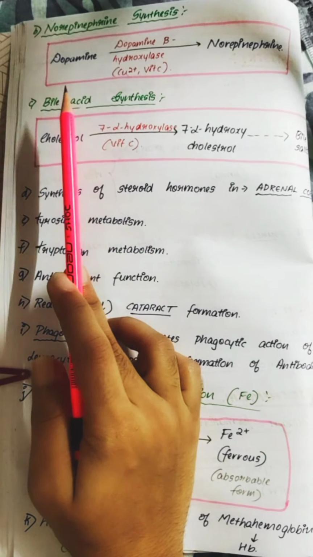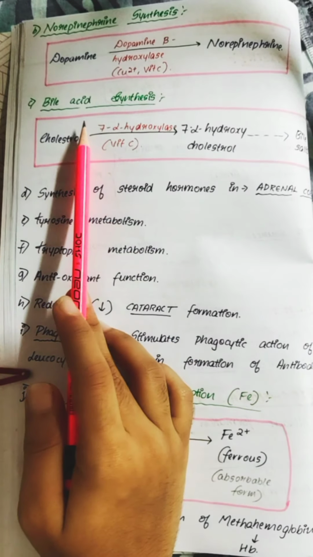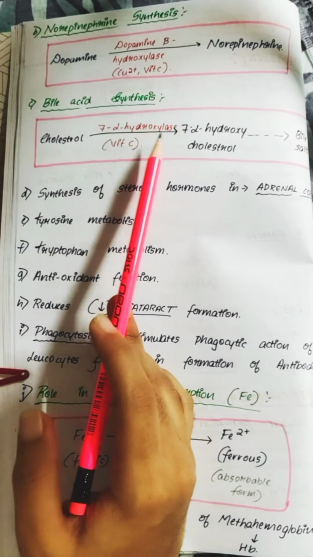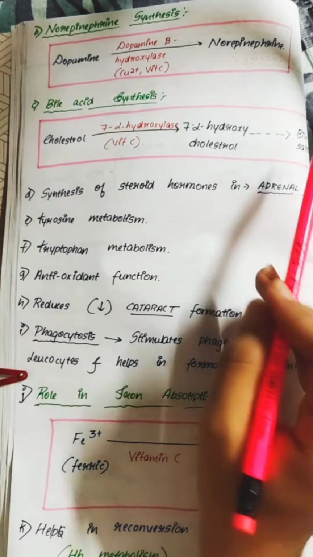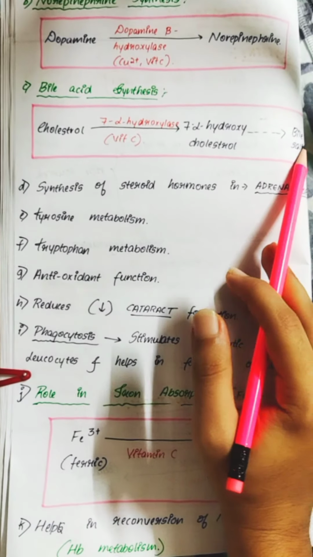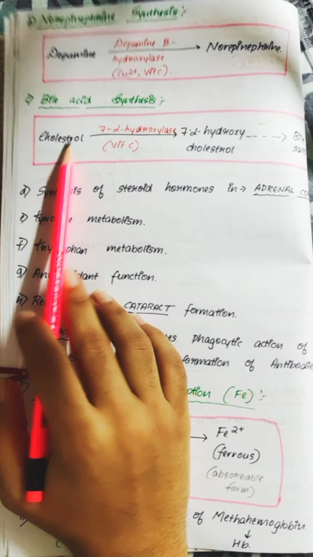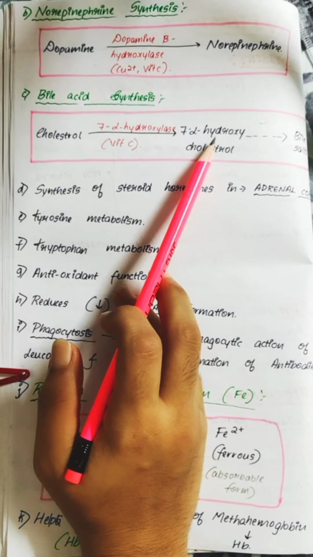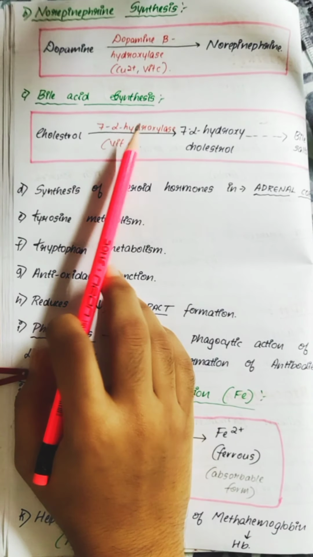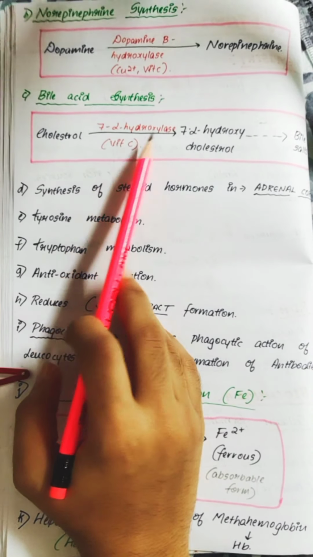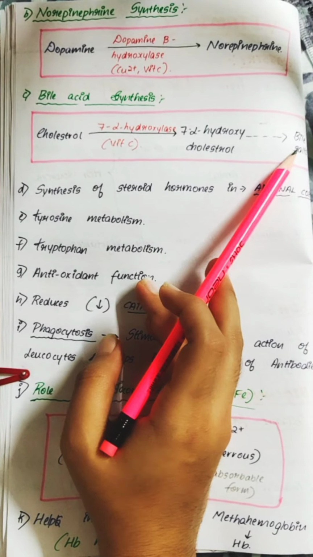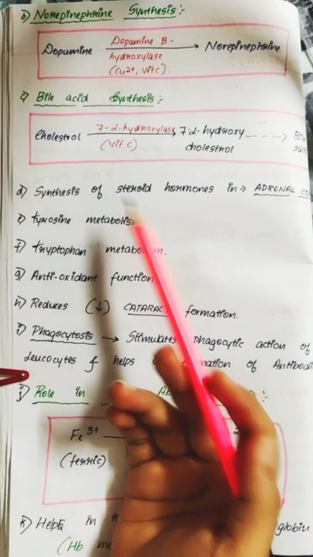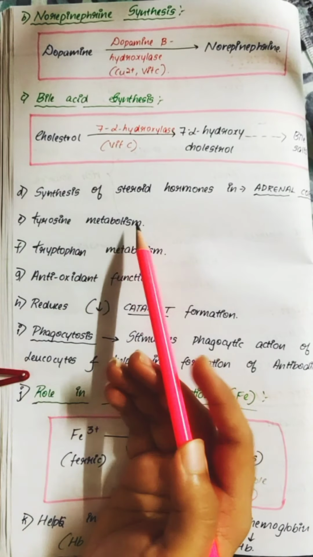The third one is bile acid synthesis. In the process of bile acid synthesis, cholesterol is getting converted into 7-alpha hydroxycholesterol, which is further converted into bile salts. This happens in the presence of 7-alpha hydroxylase and vitamin C, and it finally gets converted into bile salt. It also helps in the synthesis of steroid hormones in the adrenal cortex, also tyrosine metabolism,